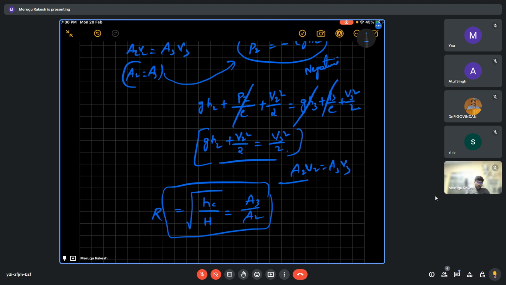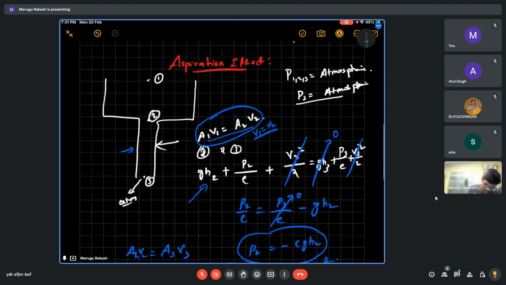If you simplify both these equations, we end up with this ratio: under root HC minus H is equal to H A3 by A2. So this H3 and HC is nothing but,